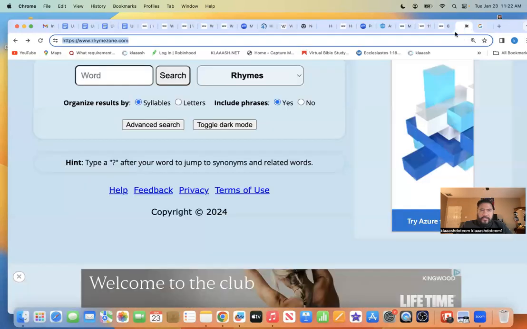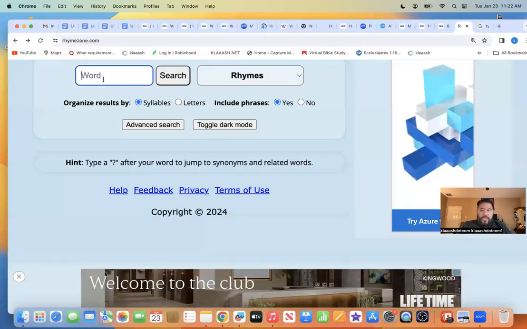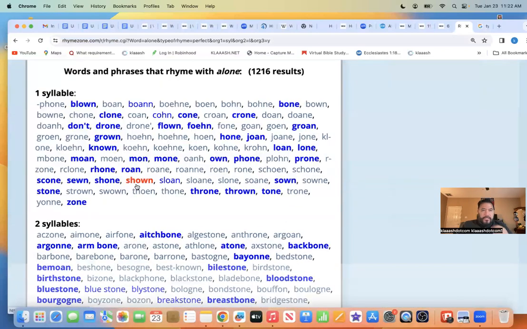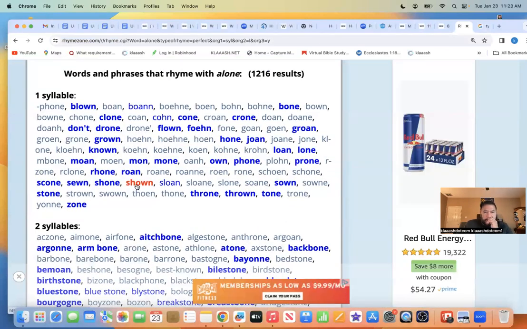Okay, so let's find what rhymes with alone. And then it gives us all this: alone, blown, bone, cone, crone. I like to learn alone, for this is the way that I'll be grown. That might fit. Flown, grown, home.